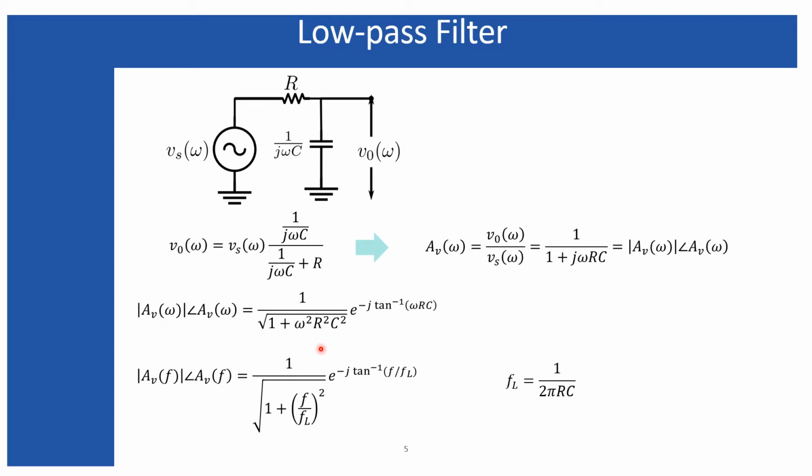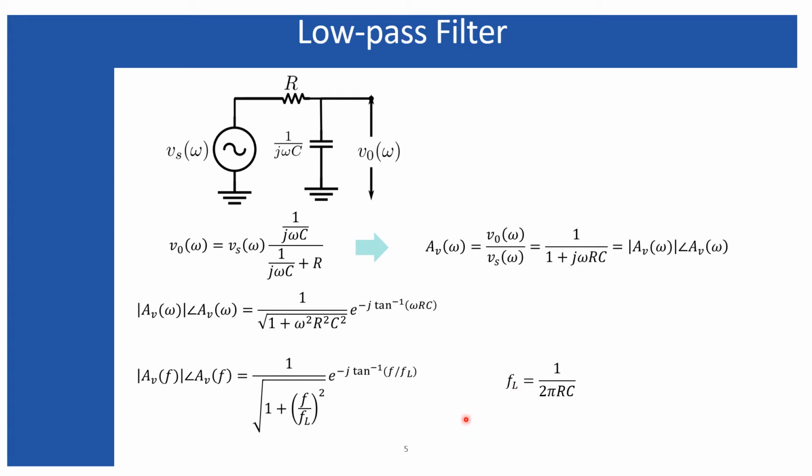Now I'm going to do another little simplification. Here I have written omega as 2 pi f, and keeping f unchanged, I have clubbed all the other terms, that means 1 over 2 pi R and C, and named it fL. We know the product of R and C is basically time, and when you multiply by 2 pi and take the inverse, that obviously gives you a frequency. So it is a particular fixed frequency that depends upon this R and C, and that is called the cutoff frequency of the low pass filter. So that is the fL.